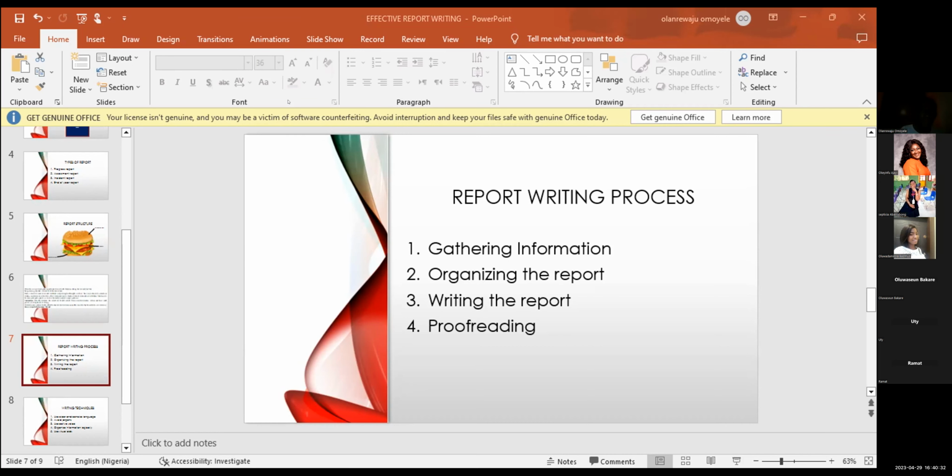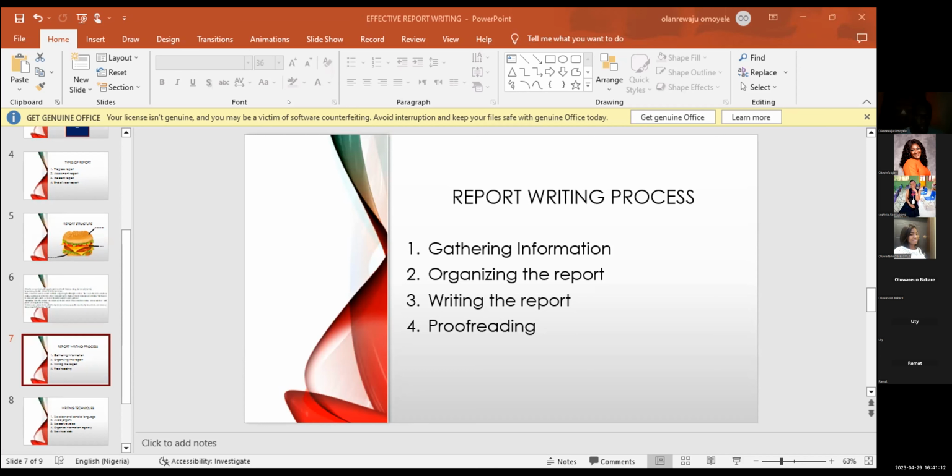Okay, ensure that your report is clear and easy to understand. Like I said, it's easy for there to be miscommunication, especially in writing. So when you're writing, you are checking to ensure that this thing is clear at least 90% to you. Even if I send it home or send it to my team lead, they would see the picture the way I've seen the picture.